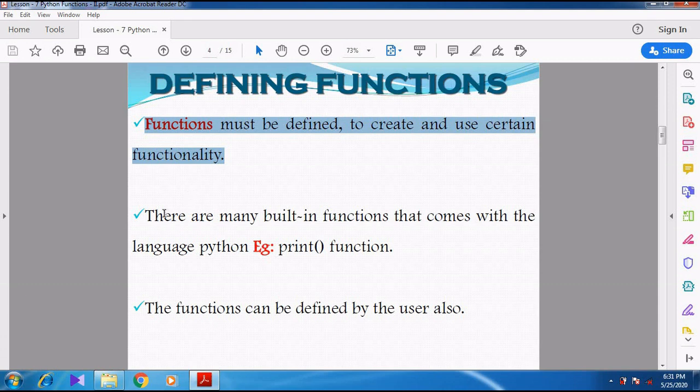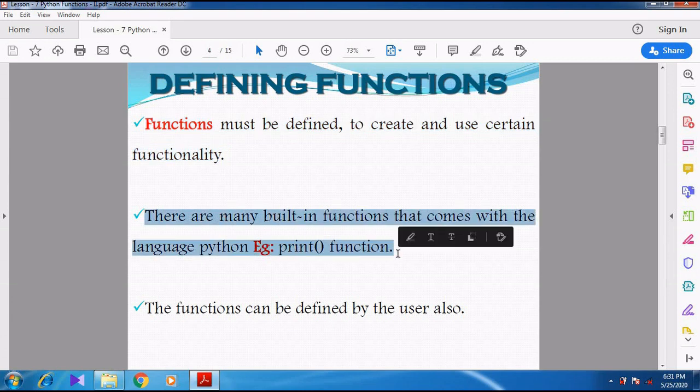Before that, we can see the built-in function. There is not only the user defined function, we have the built-in function also. Built-in functions are predefined functions which are already defined in the Python programming language. In the last video we studied there are 4 different types of functions: user defined, built-in, lambda and then recursive function.